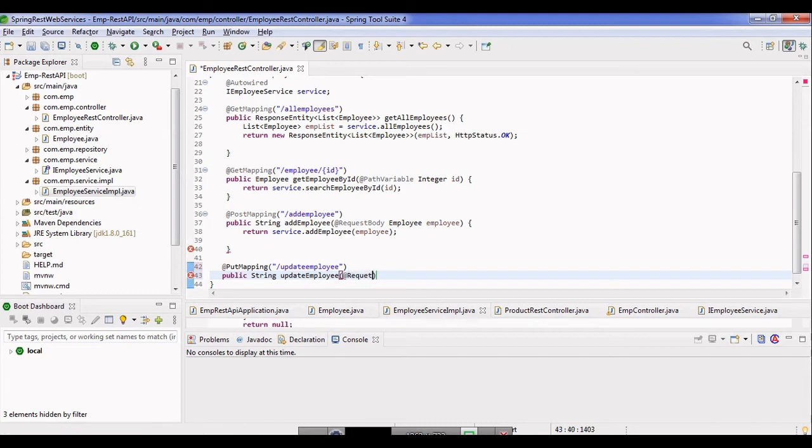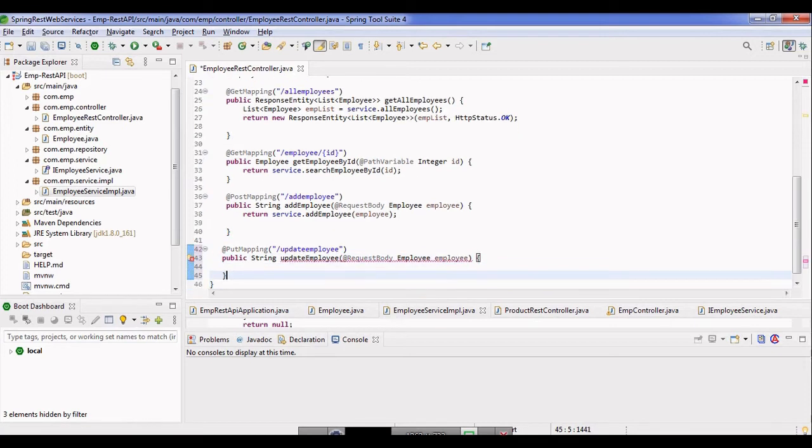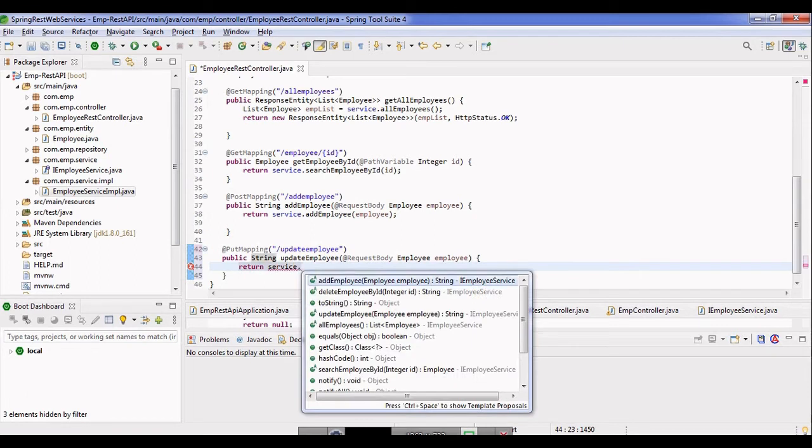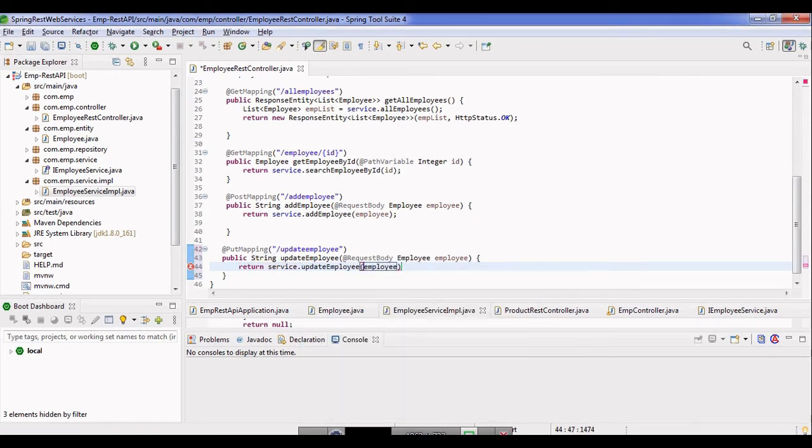So this is the @RequestBody annotation, Employee employee. Okay, now write the code. Return service dot, you can see the updateEmployee method.